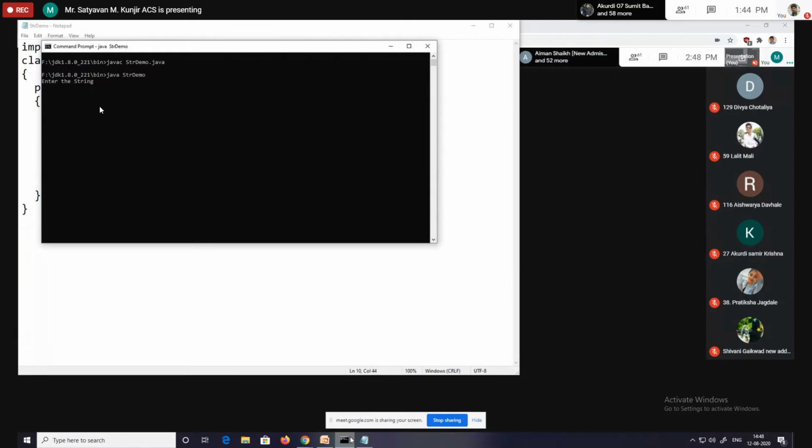Suppose the string is bypcs, in lowercase. Then by using the toUpperCase method, we convert it into uppercase. We simply press enter and see the output, BYPCS. Is that clear to all? Yes, sir.